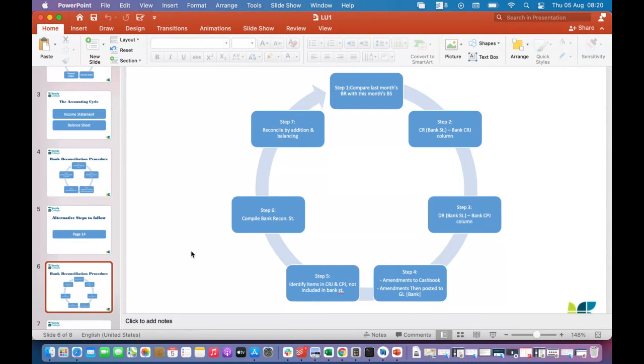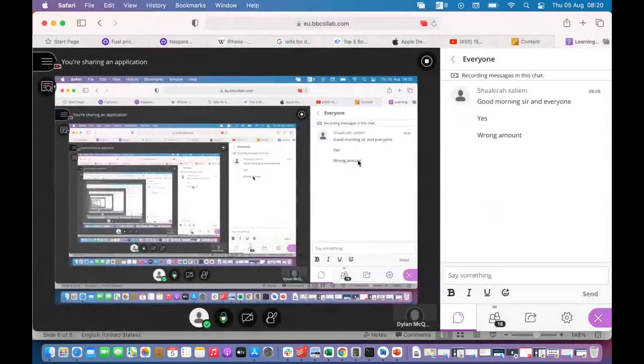Cool. So we've compared what we have in the deposit slips table to what we have on the credit side in the bank statement, but we're not yet done. Now we need to look and see, do we have amounts that are in the bank statement on the credit column, but not in the deposit slips table, or not in the cash receipts bank column, if we had actually had that? And we see that, yes, on which days do we not have